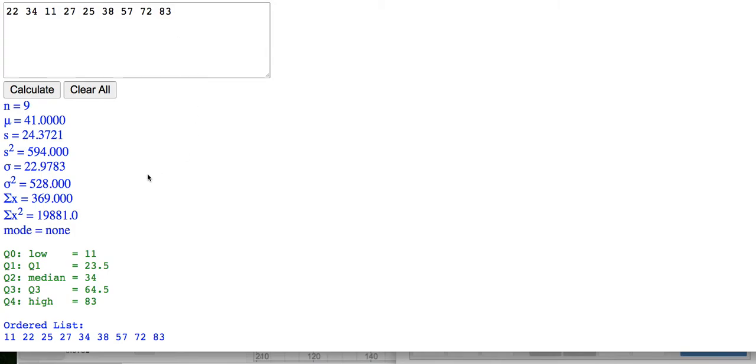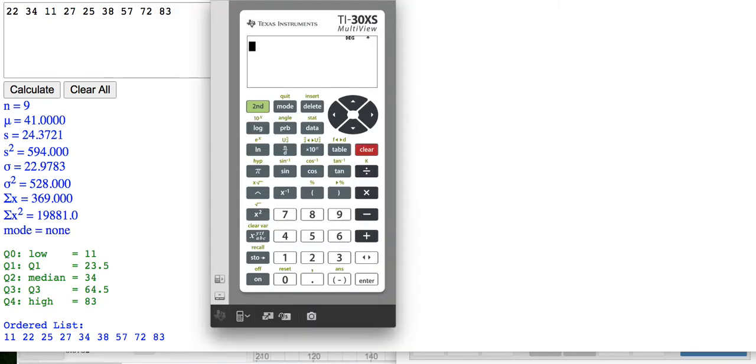And as you can see, I've already cheated and used an online calculator to get all the answers already. The n is 9, of course, because there are 9 numbers, and the mean and the standard deviations and the sigmas are all there. Everything's done. So you might ask, why bother? But I want to show you how to do this in your calculator so you can do it on your own. So the first job is to enter the